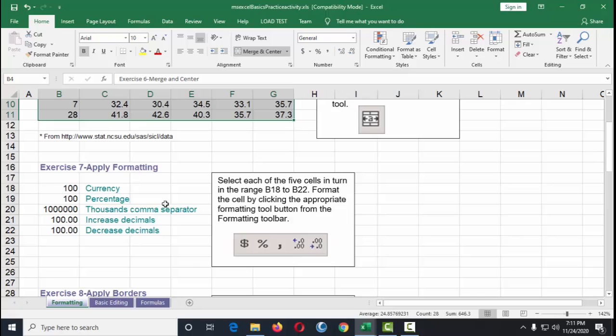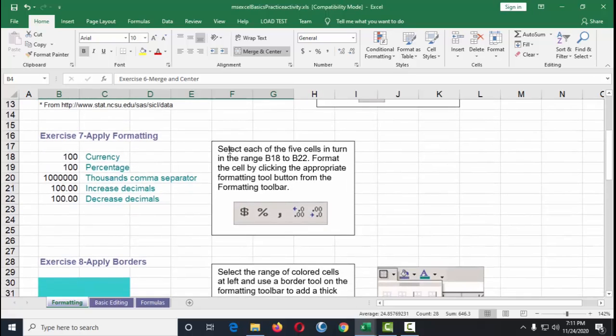Next is apply formatting. Okay, so select each of the five cells in turn in the range of B18 to B22. Format the cell by clicking the appropriate formatting tool button from the formatting toolbar. Okay, so on the formatting toolbar that we have here, what I'm using actually is Microsoft Office 2016.